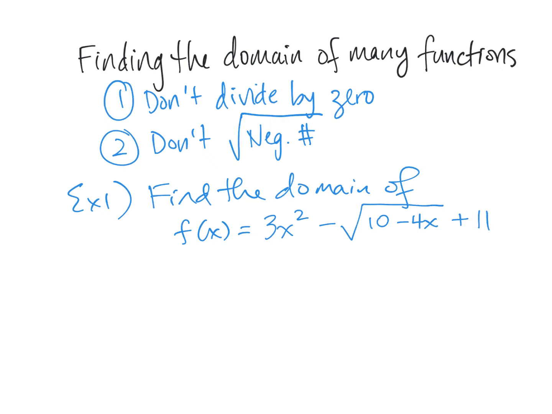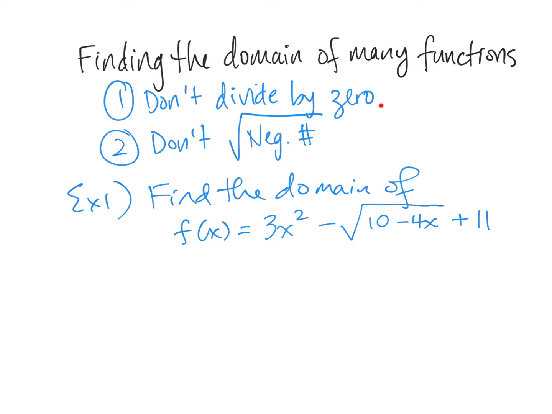Okay? All kinds of things that we could do with this function, but the only direction I'm given is to find the domain. What are the values of x that I'm allowed to plug in so that I don't end up dividing by zero and I don't end up taking the square root of a negative number? Okay? So with that in mind,